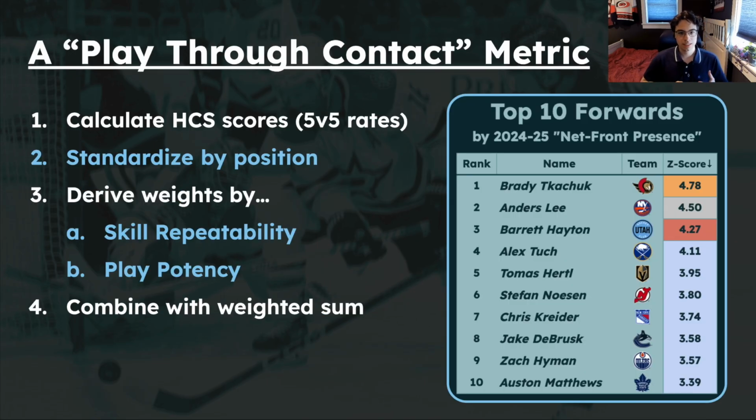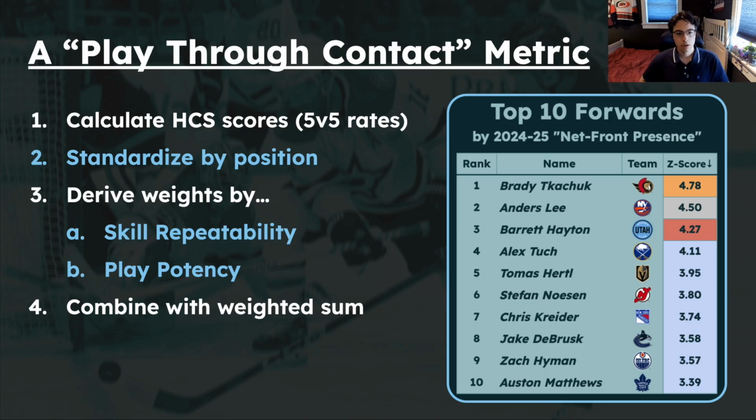Now, how do we bring all this together and distill it into one single metric? So what we do is we calculate all of our high contact situation scores using the rates of 5v5 events we've outlined in each section. Then we split by position and standardize the scores, turning them into z-scores. And then we derive weights to make sure that we really prioritize plays that are more important and repeatable over